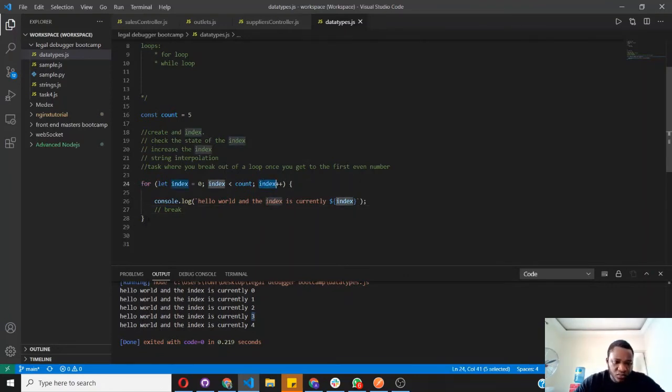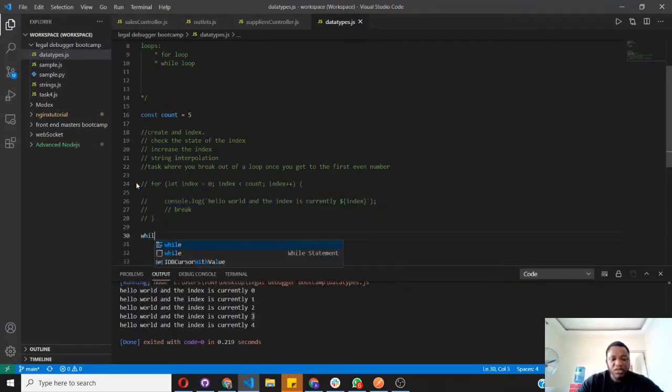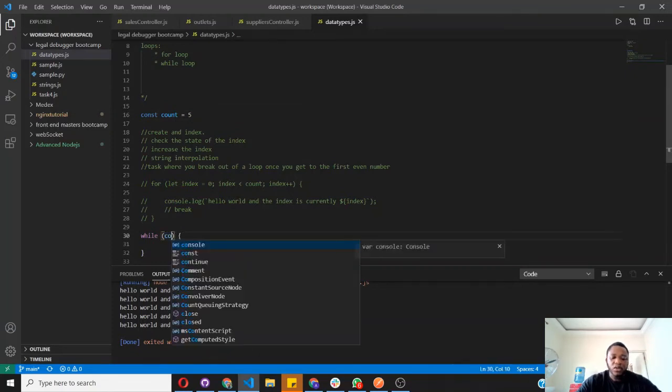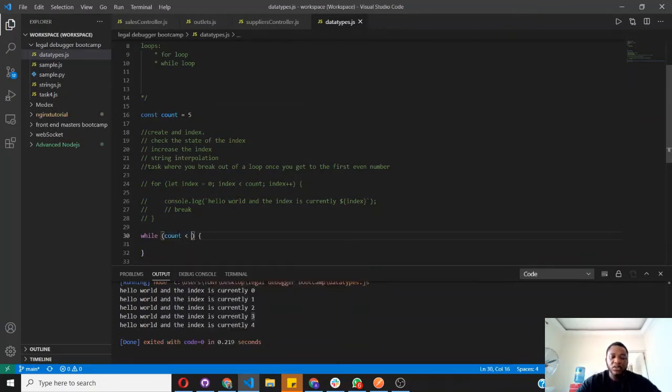So that's all for a for loop. Now the next loop, which is actually the one you should be a bit careful with, is the while loop. So this just keeps running as long as a condition is true. So first of all, you have to find a way to falsify the condition. So we're still going to use count here. So we can say, while count is less than